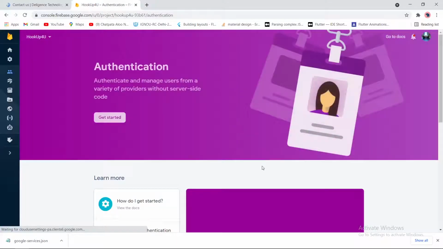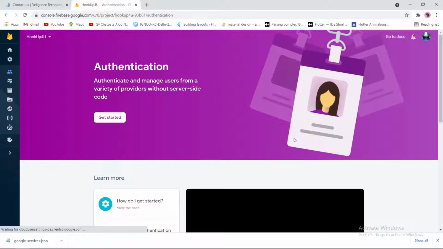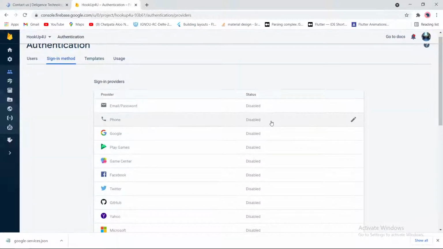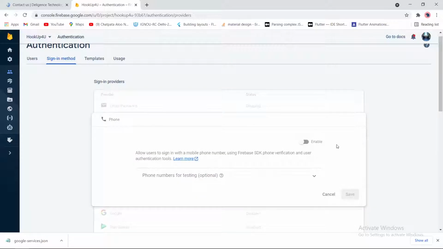Now what we need to do is go to authentication. Tap on get started. Yes, we have provided phone authentication and Facebook authentication in our app.